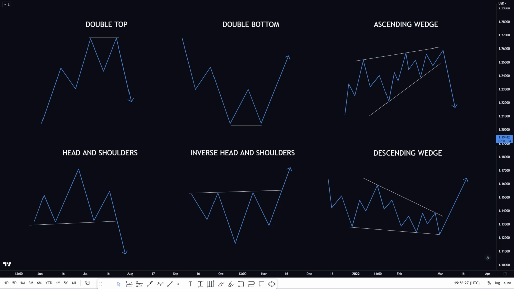Okay, now the neckline is the trend line running along the bottom of the head and shoulders, and what price will tend to do is return to this level after breaking lower, and then you may see a move to the downside. It's kind of like a form of break and retest, but this is just quite a common way of seeing it in the market, and you'll see it as this kind of head and